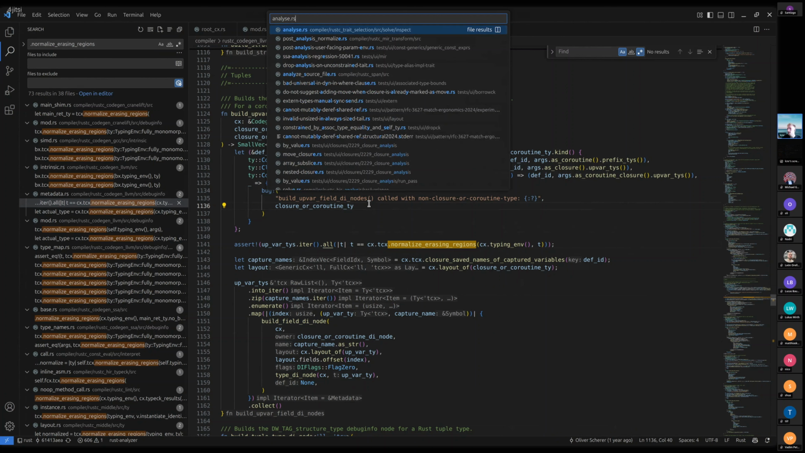where the new trait solver has a different mode where it keeps track of what it did while proving a goal, and then you can implement the proof tree visitor trait to walk over a simplified version of what the trait solver did. And that works quite well. It has a few caveats where